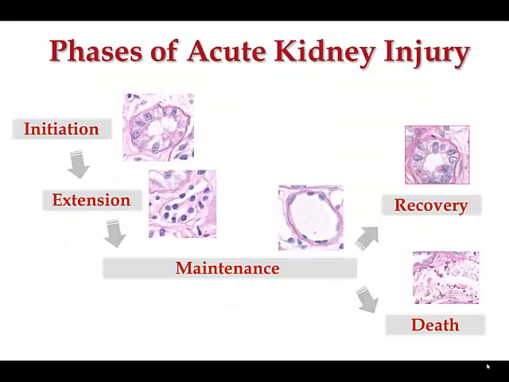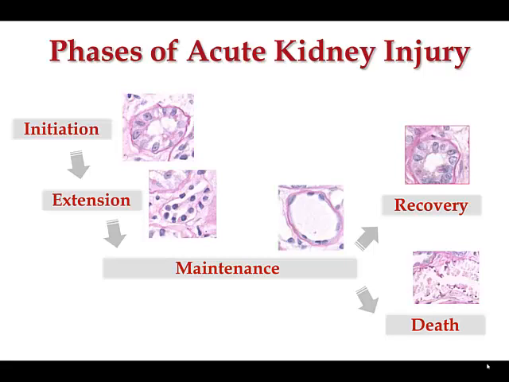When we look at acute kidney injury in terms of its pathogenesis, it's usually defined in phases. There's the initiation phase where the injury occurs, and that usually is minutes to maybe hours, sometimes days, and subsequent to the initiation phase, the insult that is bothering the kidney may have come and gone. The animal drank up 25 mils of antifreeze. That happened, and now it's in past history, and it's not an ongoing event.